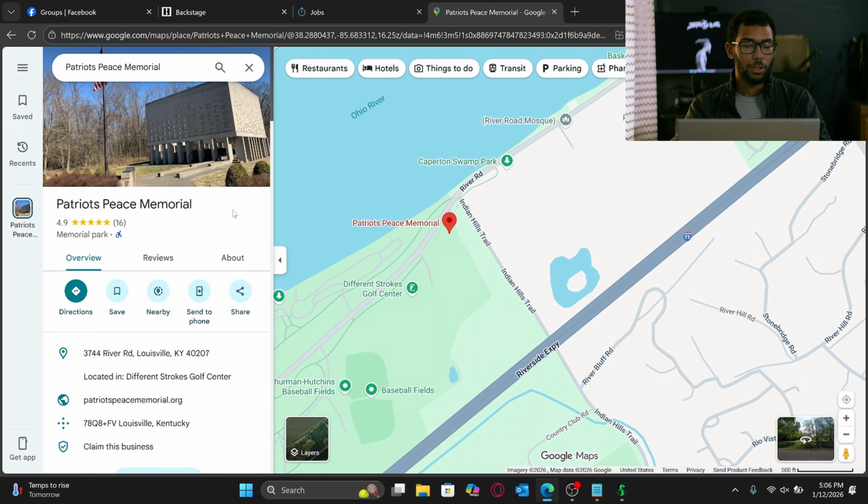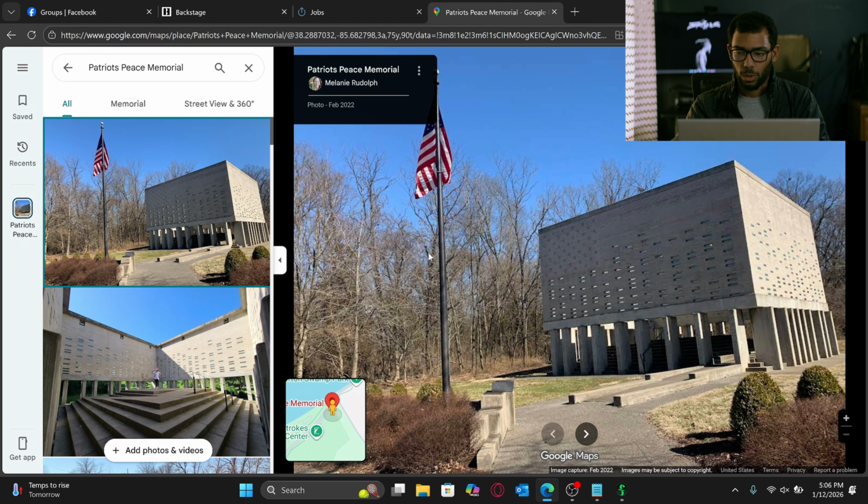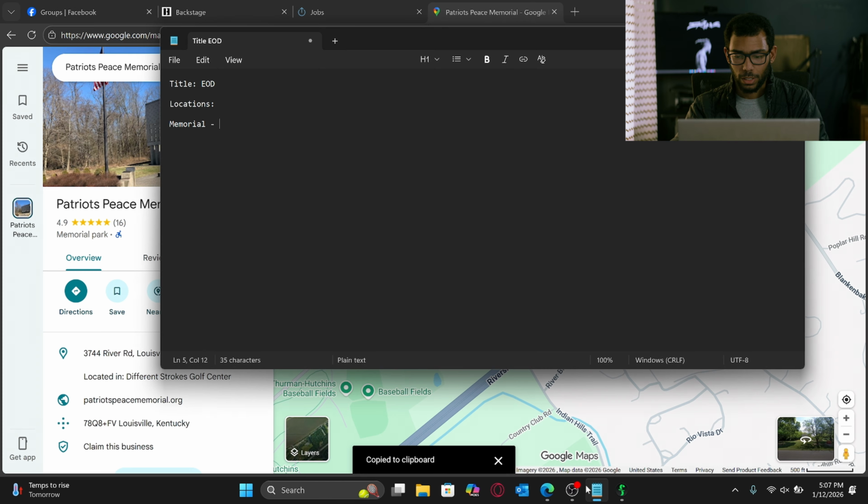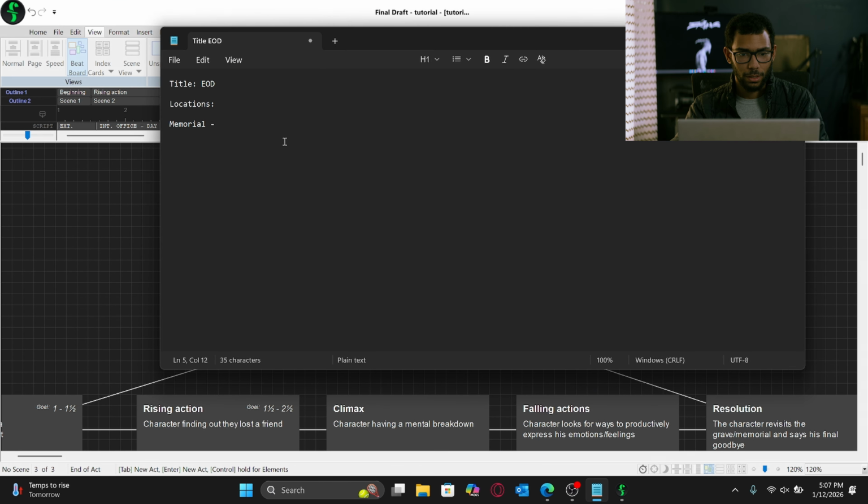We can go there with a simple setup, a tripod, a camera, like what I'm using right now. I'm probably gonna shoot the project using the same setup. And we have even a picture of it. And this is what Patriots Peace Memorial looks like. So we can go ahead and grab this address, and then we can put that in our notepad for the